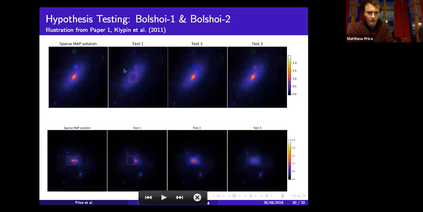What about a smaller feature? So the blue box in the top left image is a smaller subhalo of the main halo. We remove that and ask the question, was that physical? If I remember correctly, that one was determined physical as well. And it's smaller. But just an example of where this case is not able to say anything conclusive is this green box, where it's a very, very small, far out subhalo. You remove that, and the objective function doesn't rise by enough. So the conclusion in that case is that the data is inconclusive to tell whether or not this feature was or was not there. So it's not to say that it's not physical, it's just not conclusive.